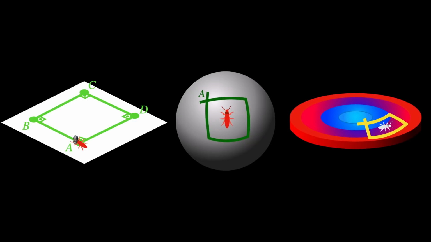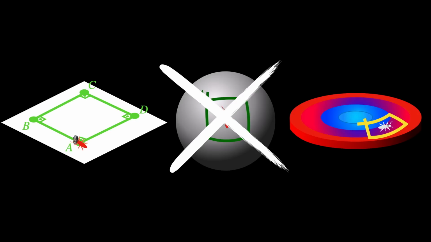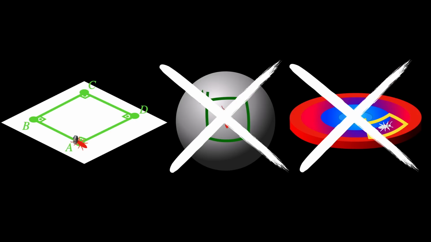And this weirdness is related to the concept of curvature. A curved space is a space where its geometry is not what we expect it to be on a plane. The last 2 bugs experience geometries that are characteristic of curved spaces. In other words, the rulers of Euclidean geometry fail.